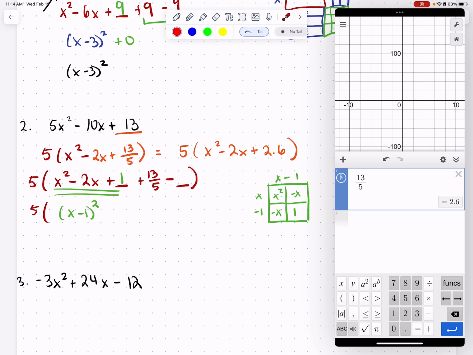Negative 1 times negative 1. This negative 1 times this negative 1 gives me this positive 1. So what I'm adding in to create this perfect square is 1, but if I add something in, I take it out. Now, I can subtract 1 from 13/5 by remembering that 1 equals 5/5, right? We want a common denominator to be able to subtract, and anything over itself is 1. So I'm doing 13/5 minus 5/5,